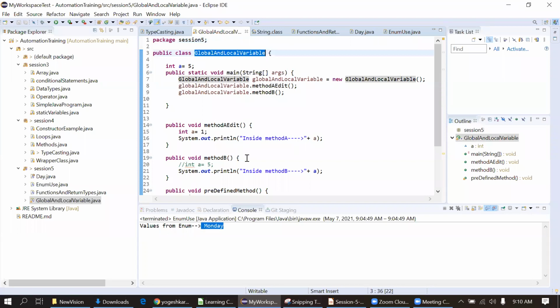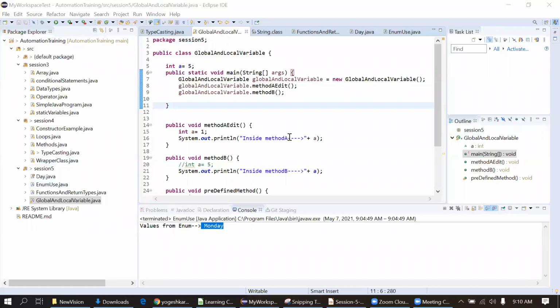One question from Diksha as well, whether it can be for a normal class also. Yes, Diksha. A static method can be accessed without creating any object. Okay, I will show you one example so you will get confidence on that. This method I will just make static.